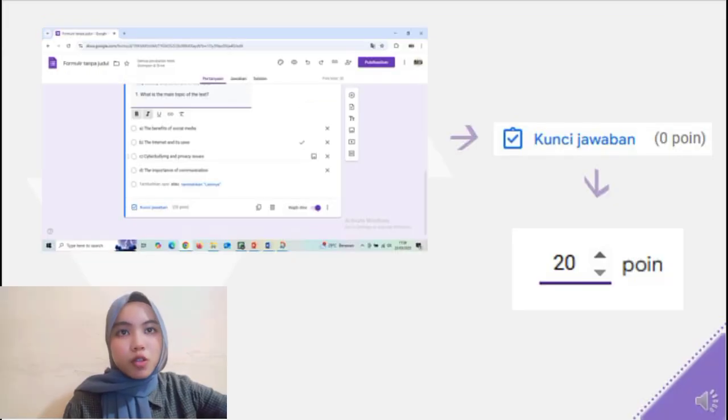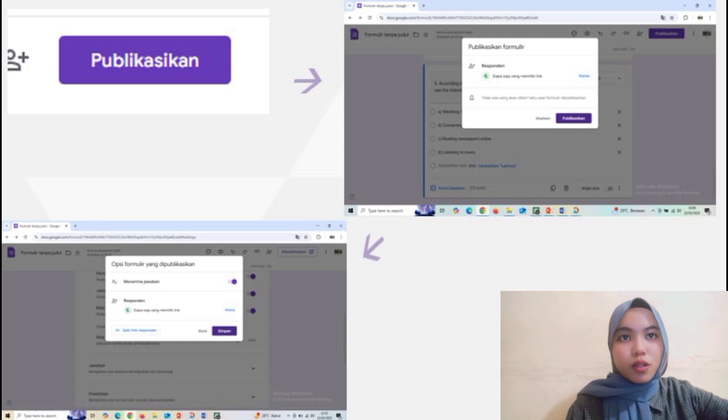To allow students to see the correct answer after they have completed all the questions, you can click on answer key, then select the correct answer and don't forget to assign points for each question. Once you have finished writing all the questions, you can publish your Google form by clicking the publication button in the top right corner and then click publication again and then save.